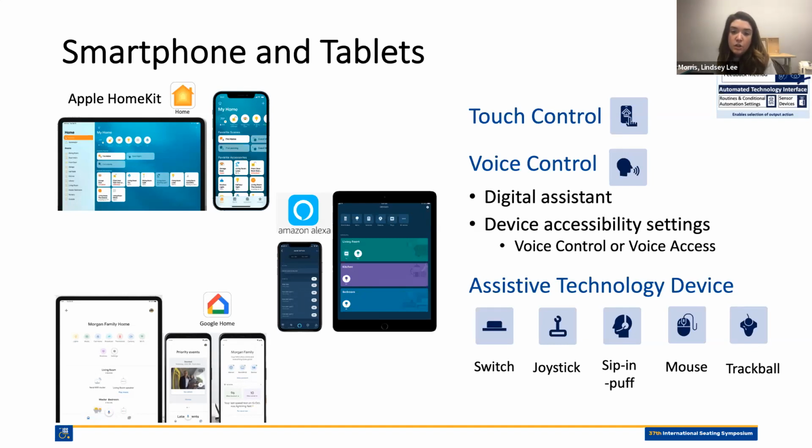Lastly, assistive technology devices are compatible with more and more Android and iOS devices nowadays. So if you pair those different input methods, such as switch, joysticks, sip and puffs, mouse, trackballs, and others, to the smartphone in the smartphone's accessibility settings, it should be able to control those apps as